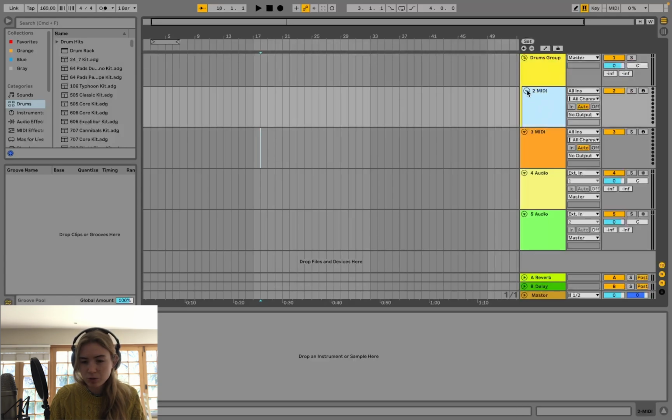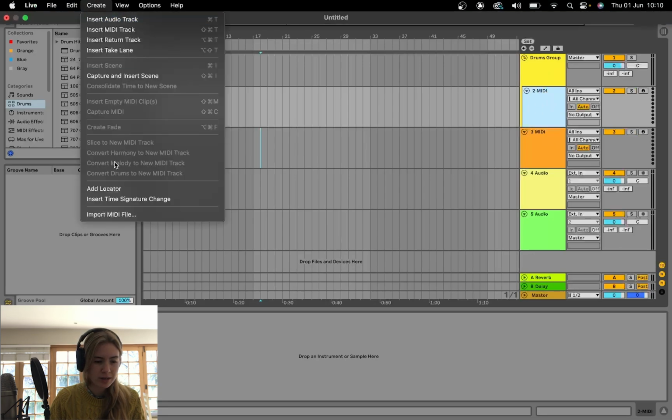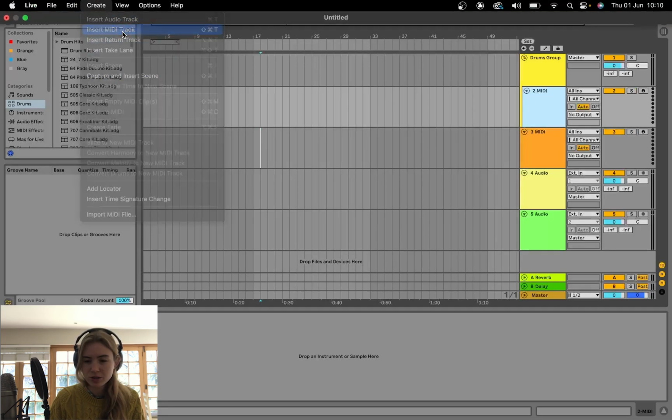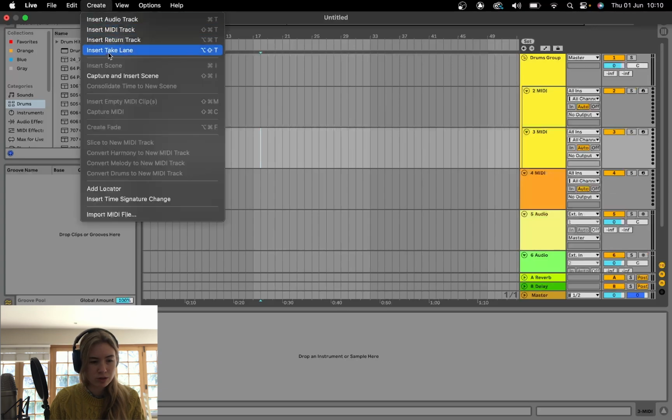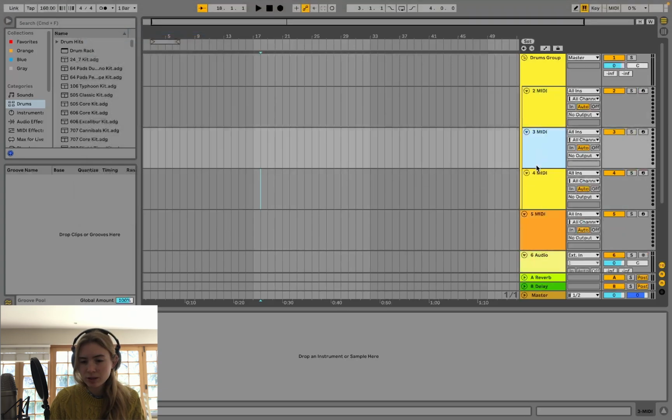Okay, and now we've got 1 MIDI track inside of our drums group, and I want to add 2 more because our drums are going to consist of a kick, a snare, and a hi-hat. So what we're going to say is create, and we're going to say insert MIDI track, and we're going to do that one more time. There we go. So now we've got our 3 tracks inside of our drum group,